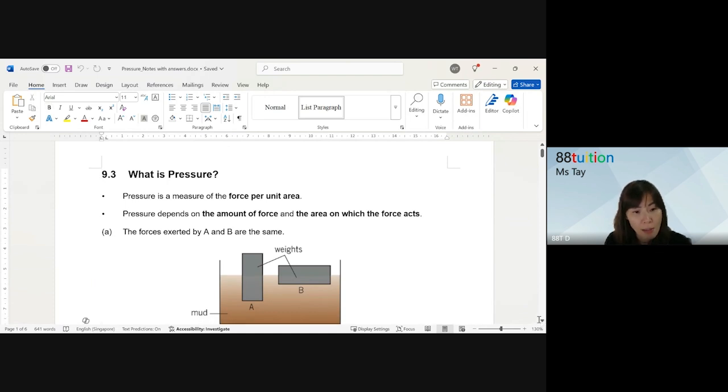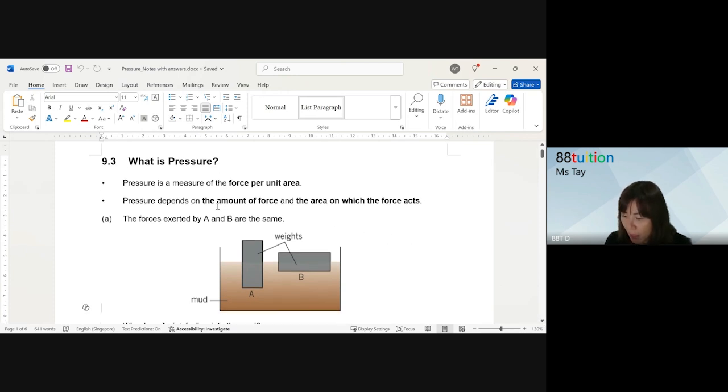No. In science, in physics, this is a physics topic, we talk about pressure in this sense. It's a measure of the force per unit area. Since it's chapter 9, it's a measure of the force that is exerted on a certain amount of area. So they say per unit area. So pressure depends on the